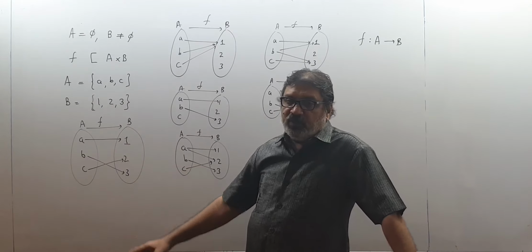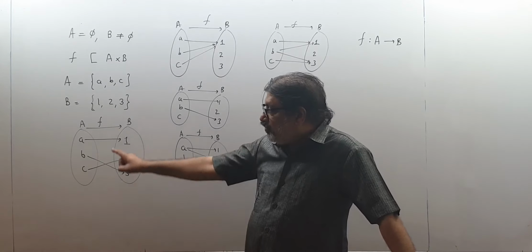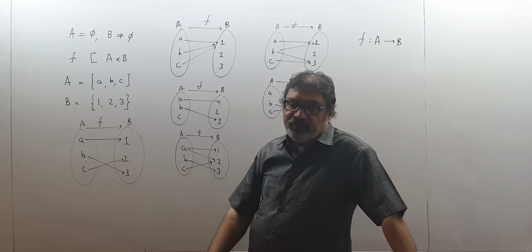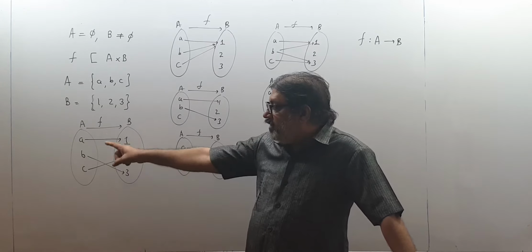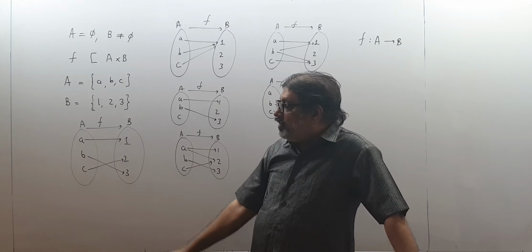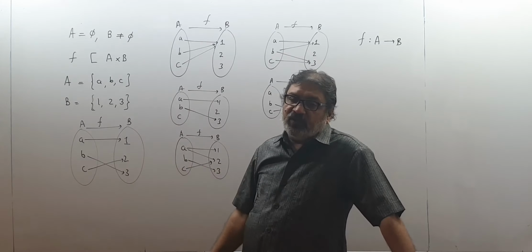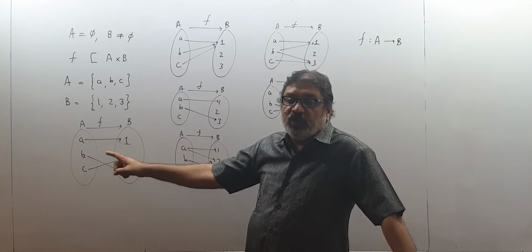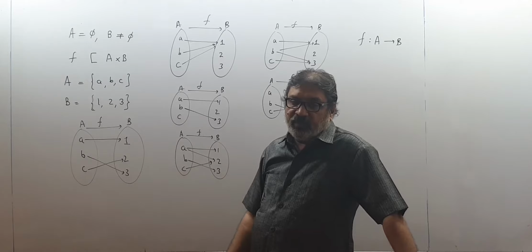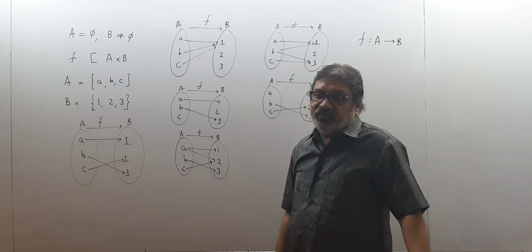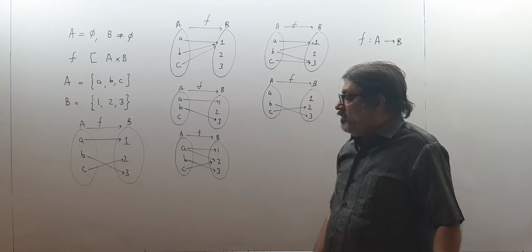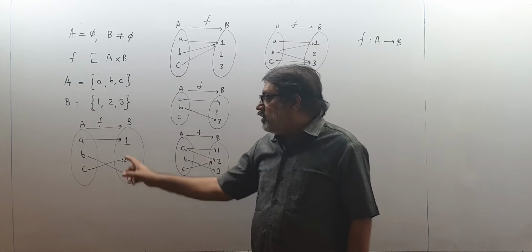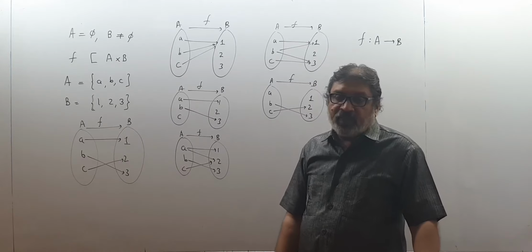Every element should correspond. That means you should see arrows coming out from every element in simple language. Every element of domain should correspond to a unique element of codomain. Means every element should be associated only with one element of codomain. In simplest language, in a child's language, these are warriors over here on the left side. They are shooting arrows on the opposite party.